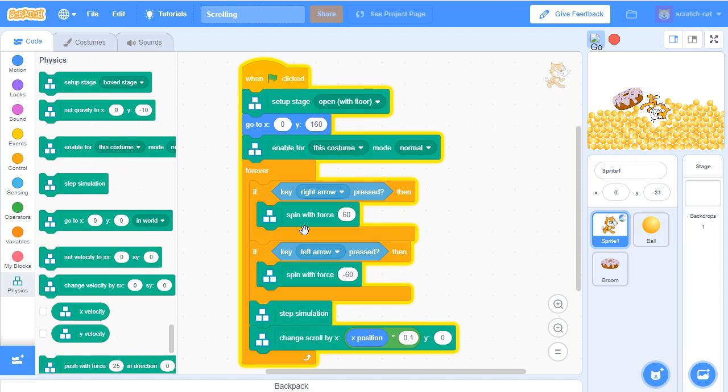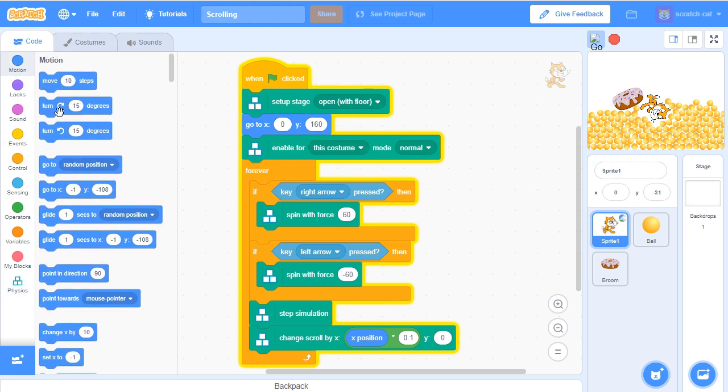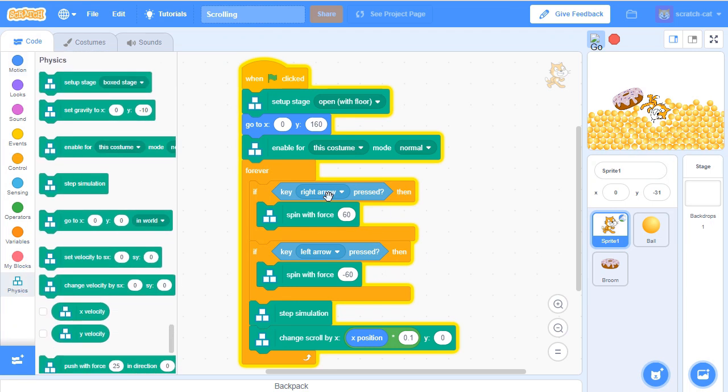Also checks for key presses, and when you press a key press, it spins with force. So the cat is told to spin, so you can spin it right and you can spin it left. The difference with the spin with force rather than the Scratch turn is that this will continue to spin with physics. So it's like you spin it and it keeps going. So he spins when you press a direction, steps the simulation, and then at the bottom here,